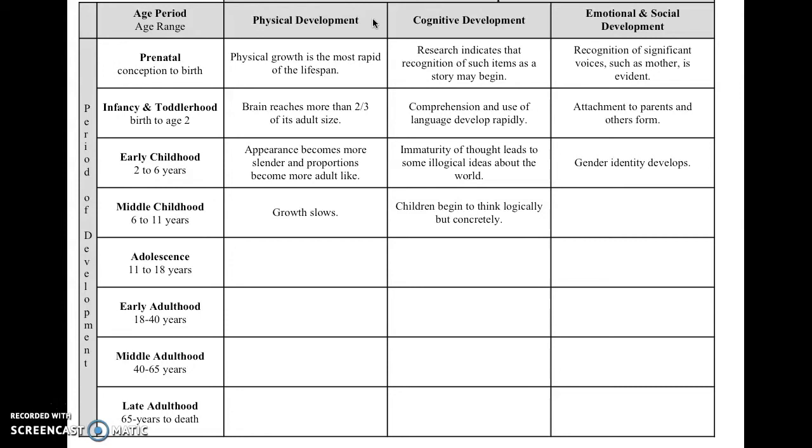As children begin to think less egocentrically and as they begin to spend more time with peers, particularly with the onset of school, peers become increasingly important. This falls into the emotional and social domain. Many students expect this statement to apply best to adolescents, since we so often hear about the importance of peers to teens. Certainly peers are important in adolescence, but they really take on a new importance for kids starting in middle childhood.